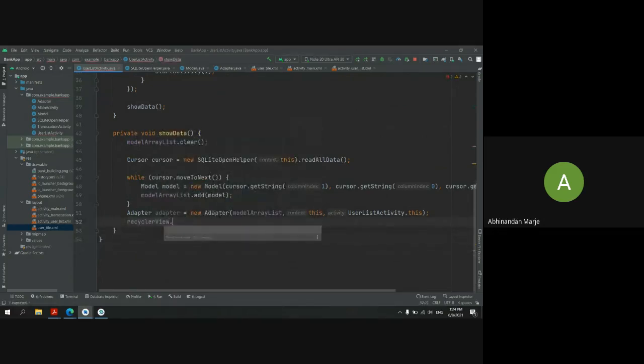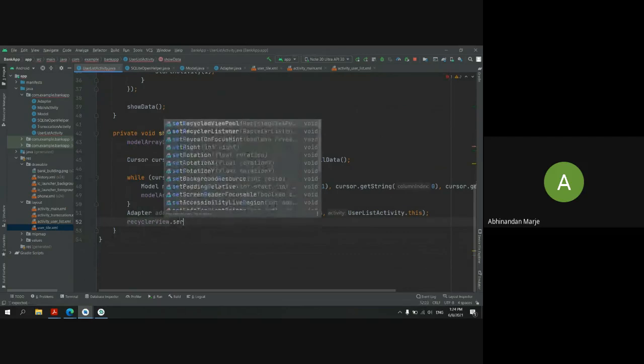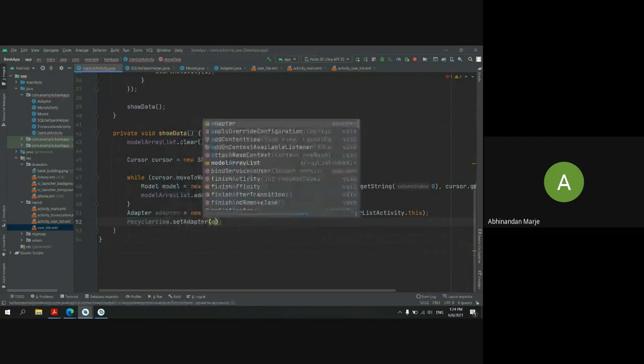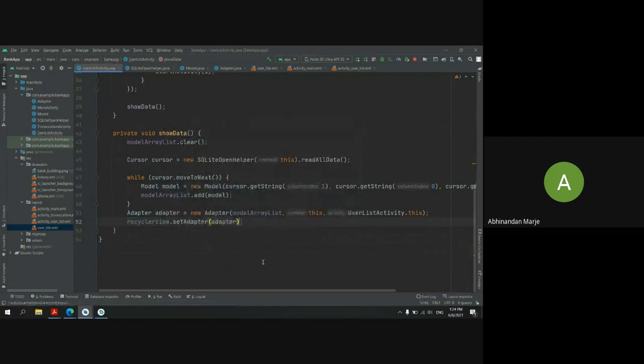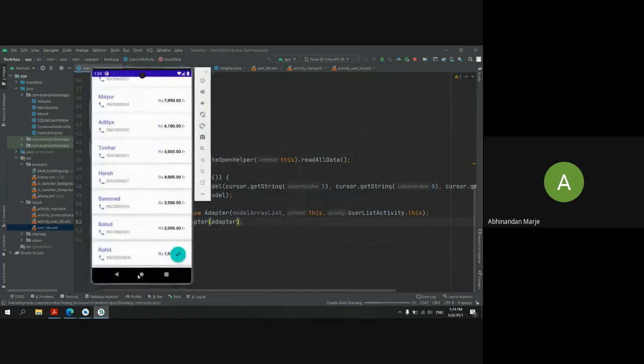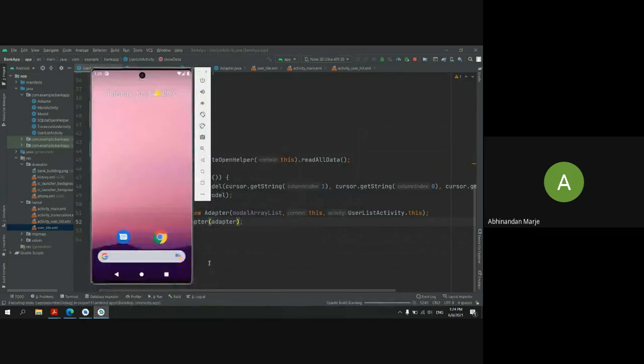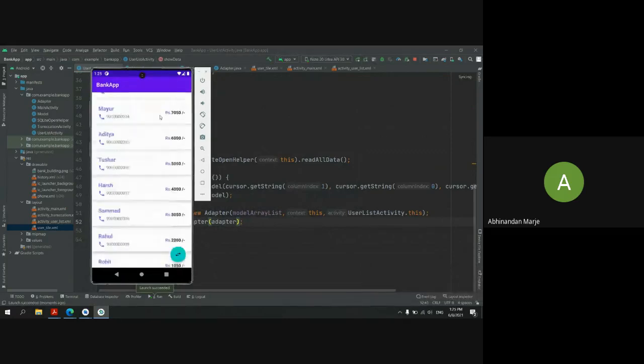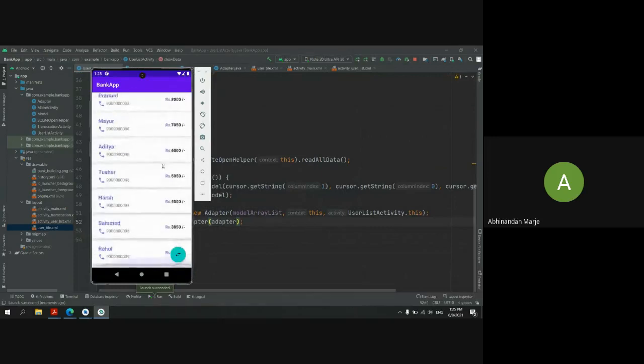Recycler view dot set adapter, and I'll pass the adapter. Now if we run our app, you can see, yes, now I'm getting all the data from my users.